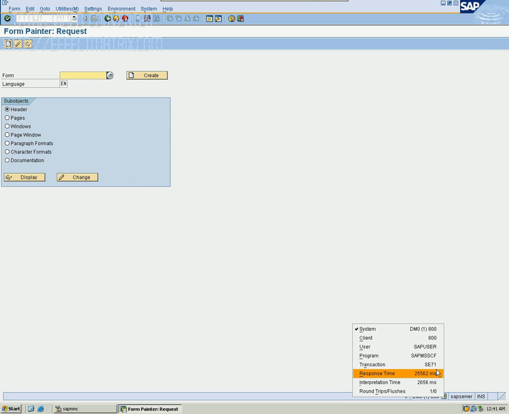SE71 here. You can see here, and on the first step we have to give a name, some name that should start with Z, suppose Z script, and press create, or you can press F5. After pressing the create button, the next screen is